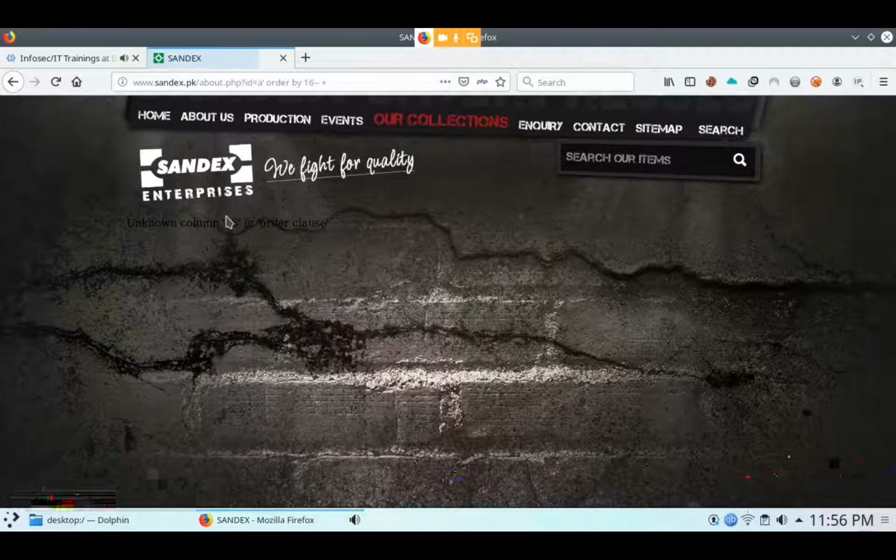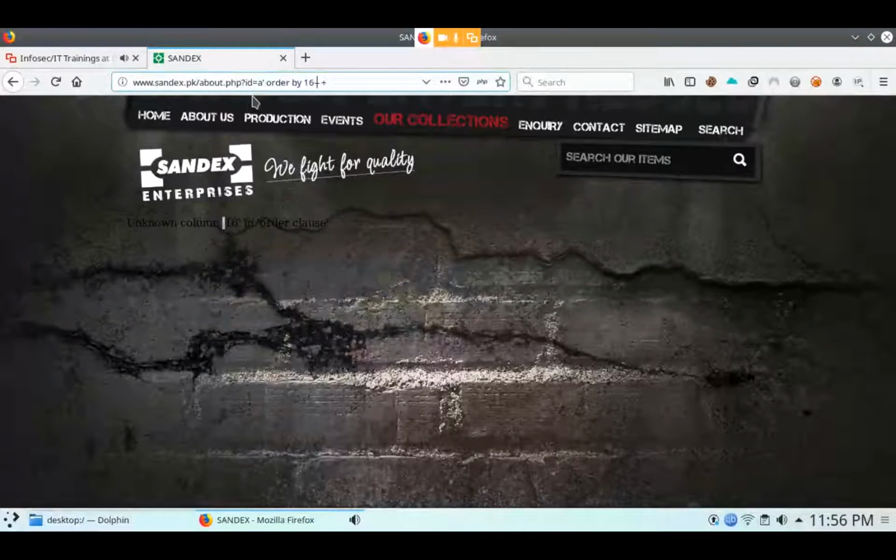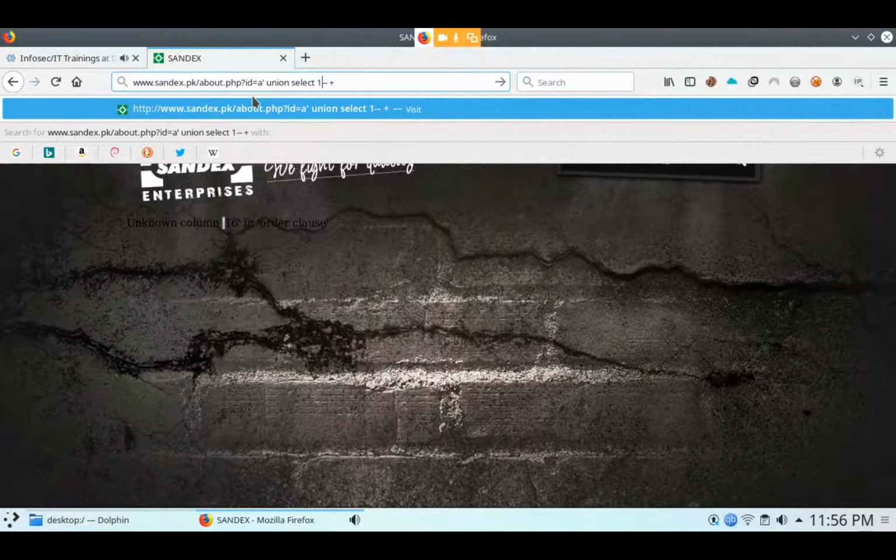Only 15 columns are present in this website, so you have to run the next query to find the vulnerable database where you can find the username and password field. So what query do we have to run? The query will be union select 1, 2, 3,